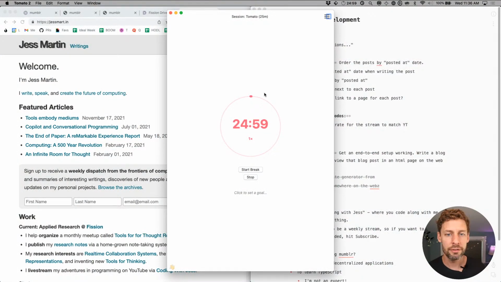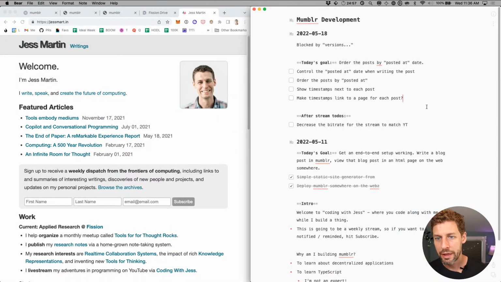Alrighty, it's been about 5 minutes and our Pomodoro break is over. I got a quick bite to eat and some water, and now it is back to it. So let's go ahead and start our next Pomodoro. All right,